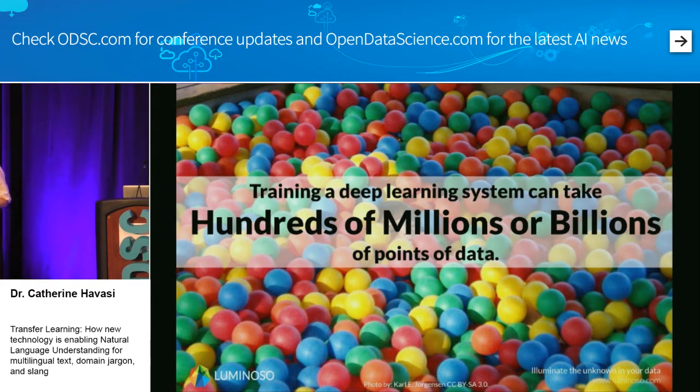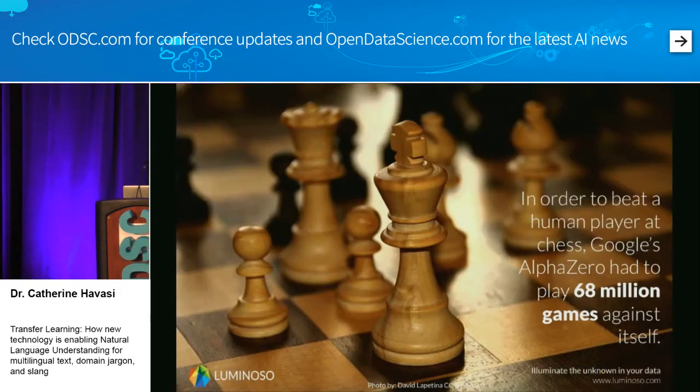So it takes something like hundreds of millions or billions of points to train something like fastText or GloVe or Word2Vec or your other deep models. It's really a lot of data. And if you're thinking about it, that can be a problem, right? So in a lot of places, we can kind of get around that problem by either creating synthetic data or by having systems really learn by playing themselves.